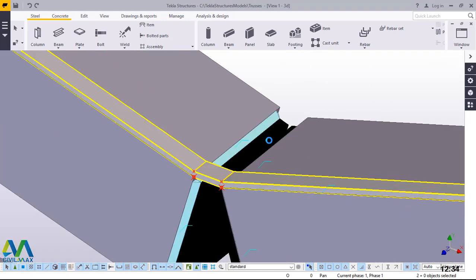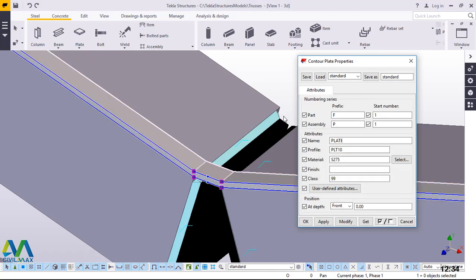If I double click on this plate or that sheet and come to contour plate properties here, you can see the thickness is 10, which means the distance from here to here is 10 millimeter. Now we want to use the thickness in this plate as our length for our gutter. Now I'll come here and delete this 10 millimeter thickness and feed 60